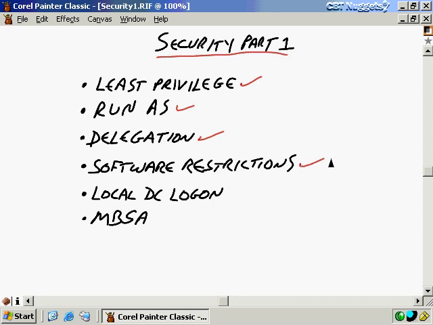We'll look at logging on locally to a domain controller. This is of interest if you are someone who's not a full domain admin, and yet you occasionally need to log on to a domain controller, perhaps to maintain it or do other things like that. So we'll take a look at a policy that allows that, and then we'll finish up with looking at the